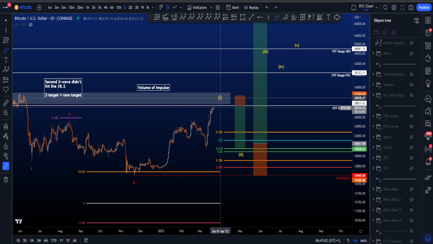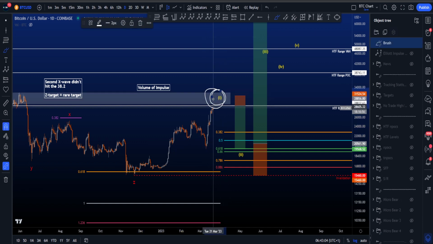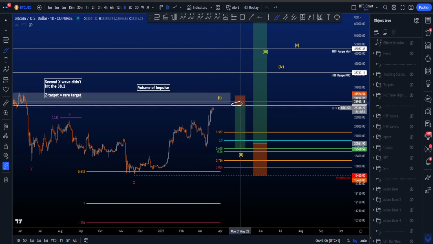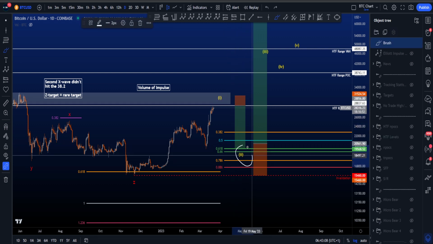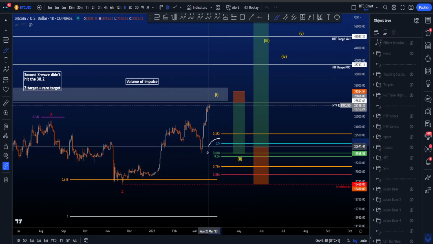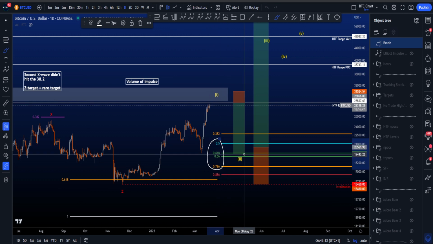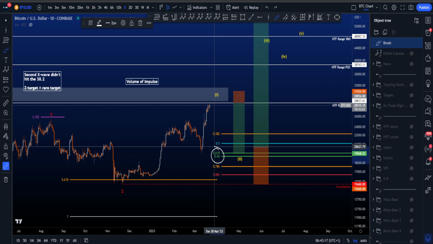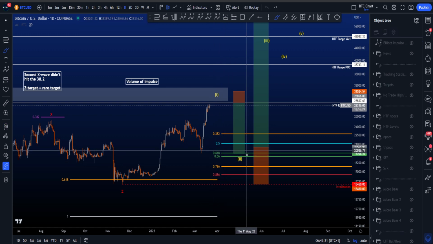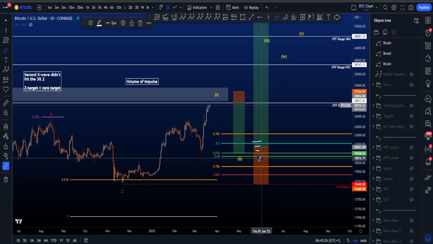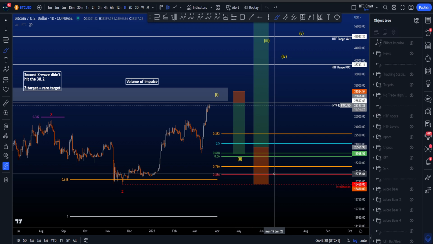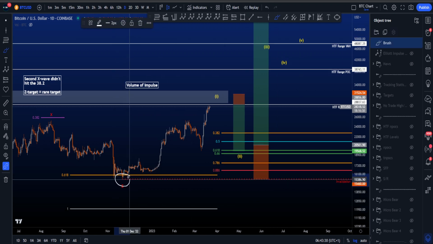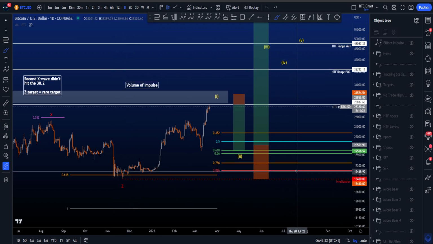Wave 1 is ending once more in this really nice resistance area, for then a potential short setup to the downside for this wave 2. The most common targets for a wave 2 are between the 0.5 and the 0.786, with the golden pocket, the 0.618 and 0.66, being the most common target area for a wave 2. In this scenario, for the potential long setup, trades can be laddered from the 0.5 all the way down to the 0.786, with the stop loss below Z,